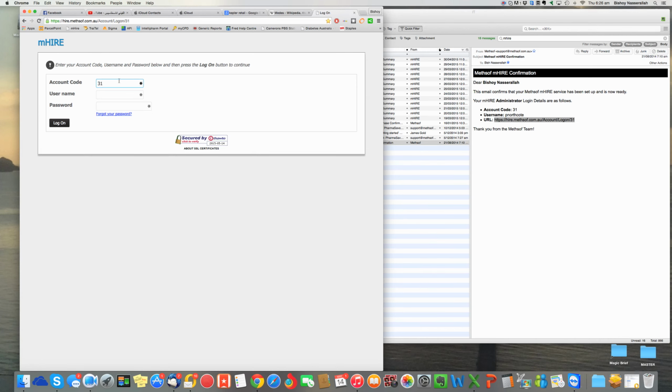Now this part here, the username and password should be already pre-populated, or it should actually be on automatic logon. But if it isn't, the username is pnorthcote and the password is pnorth1. Once you're in,